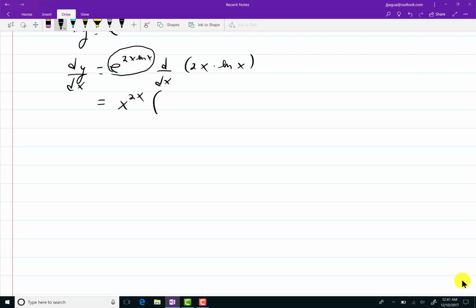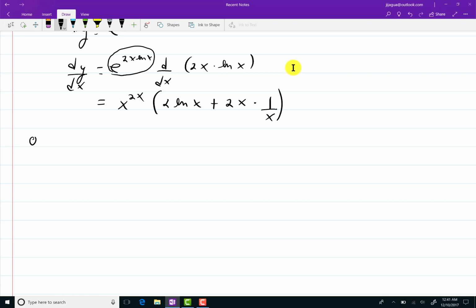So, the derivative of 2x is 2. So I have 2 ln of x plus 2x. This time, according to the product rule, I take the derivative of ln of x, so it's times 1 over x. Perfectly fine way to leave your answer. I said I would only simplify if I'm going to use it in the next result. And I am. The reason why is